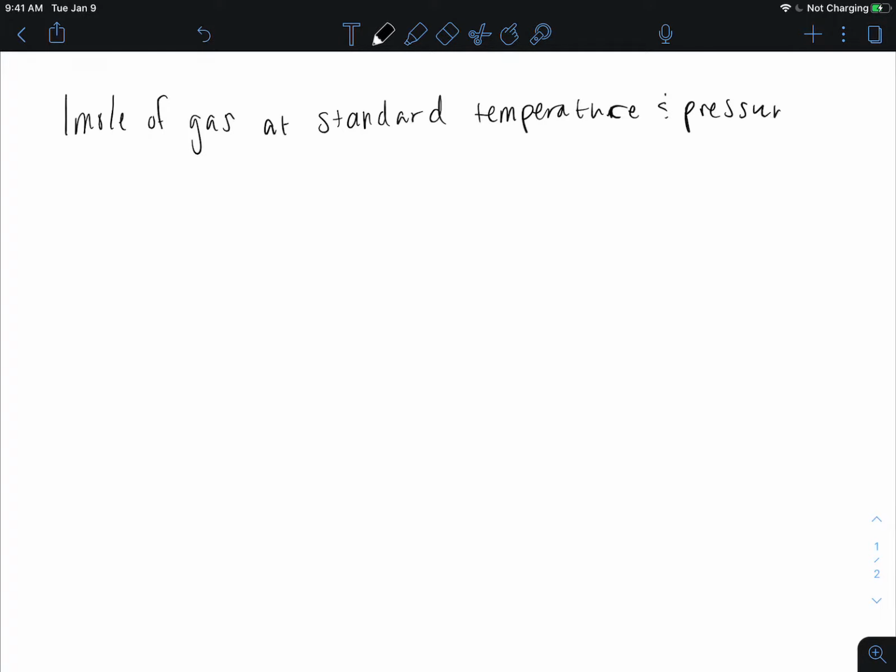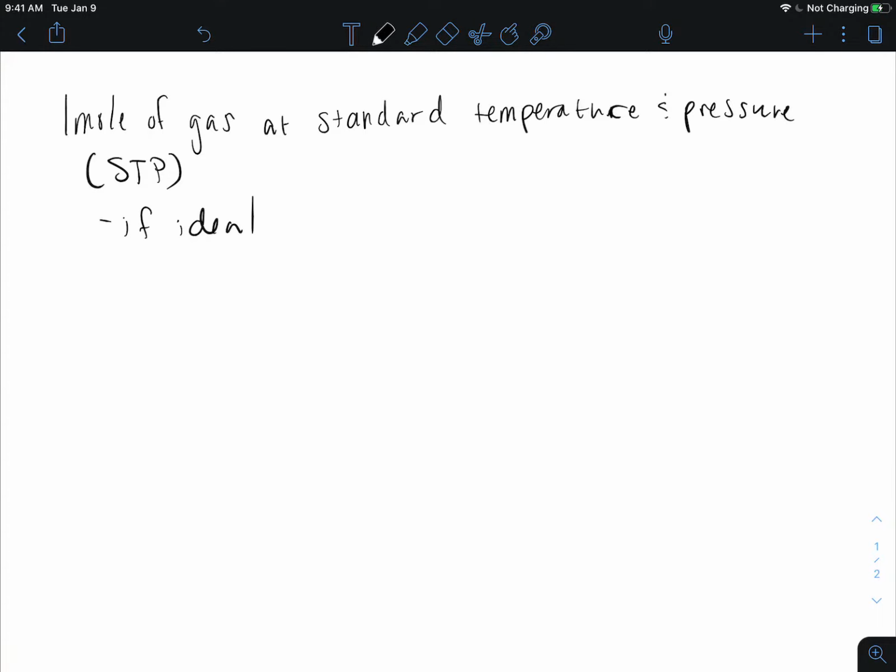So, if we think about a gas, we can look at 1 mole of gas at standard temperature and pressure. We call this gas at standard temperature and pressure STP, so that's how I'll refer to it from now on to speed things up a little bit. If we have any ideal gas,